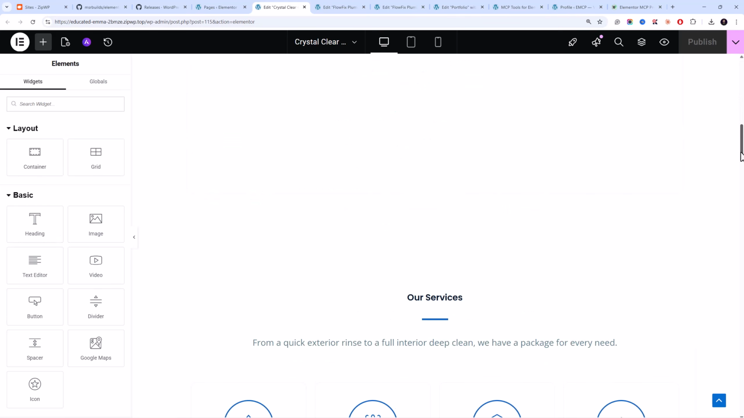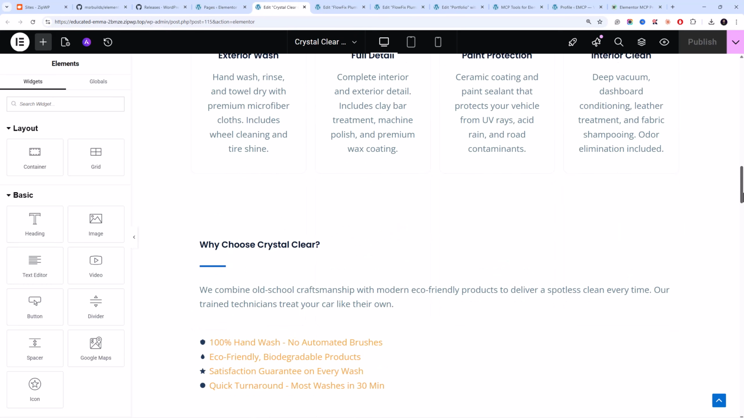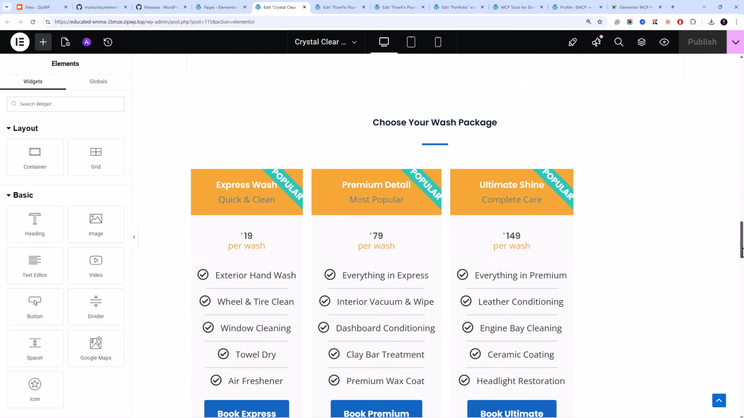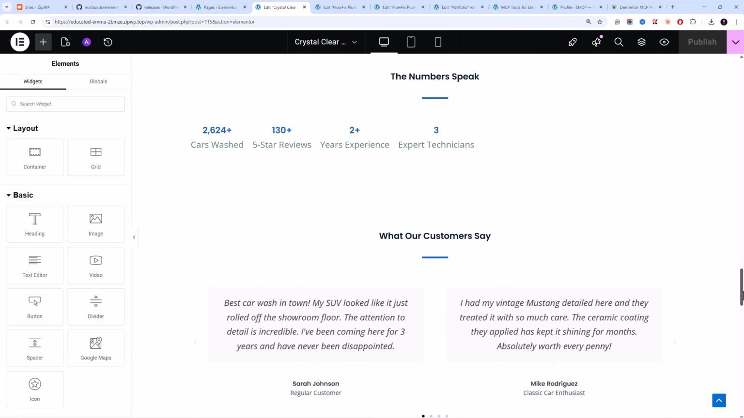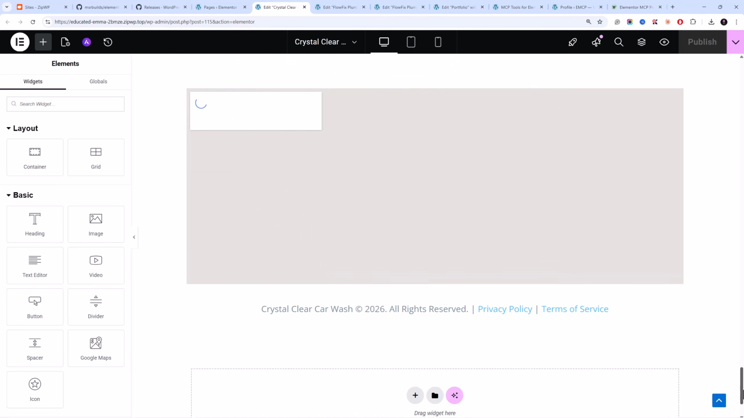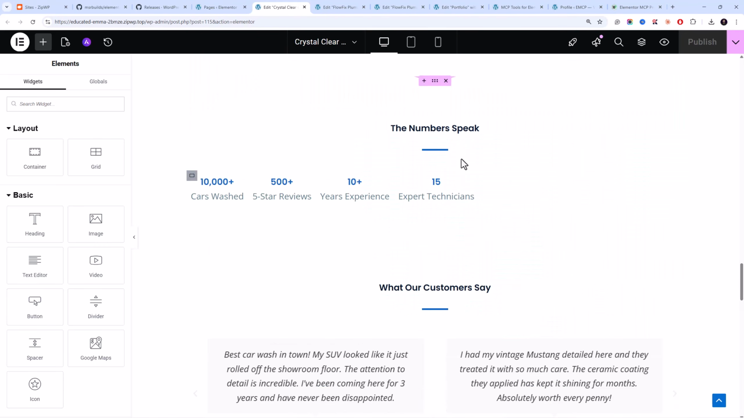Okay, here is another example of a simple prompt. I just gave it a prompt to build a car wash website, and it did something like this, and you can see it's pretty ugly. But